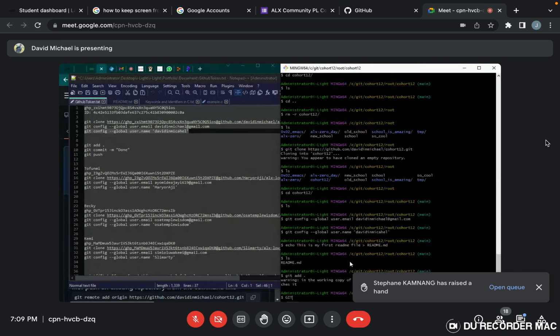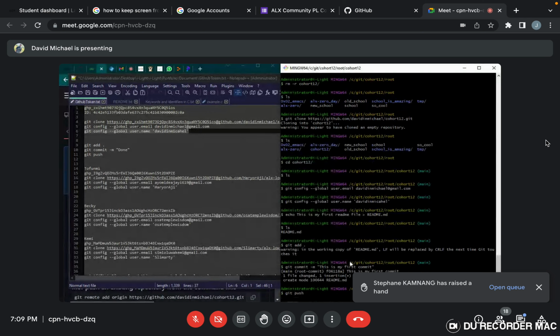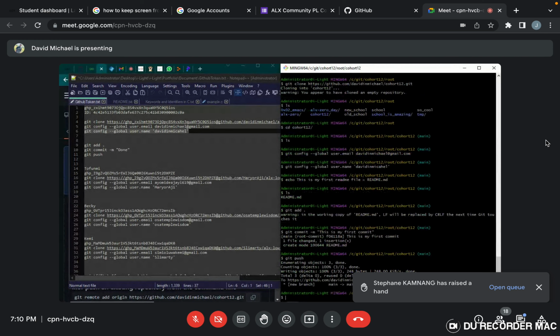So I've added, and then I say git commit -m "This is my first commit." I hit enter, and then I say git push. You see, it's not going to ask me for my password and username. It just pushes. But if I had not done that, do you know it's going to ask me for my username and password? And whenever it does that, please,